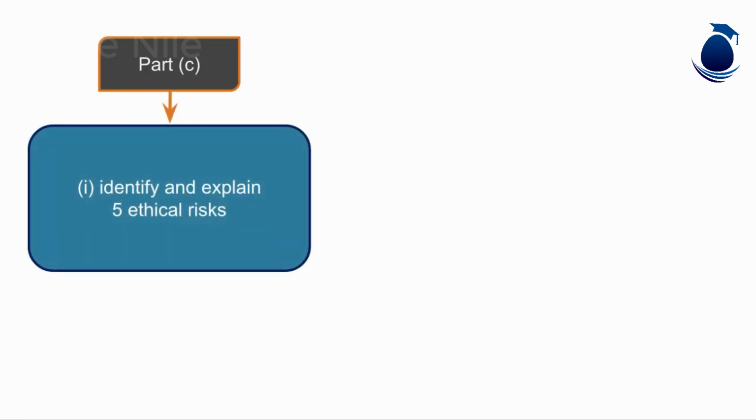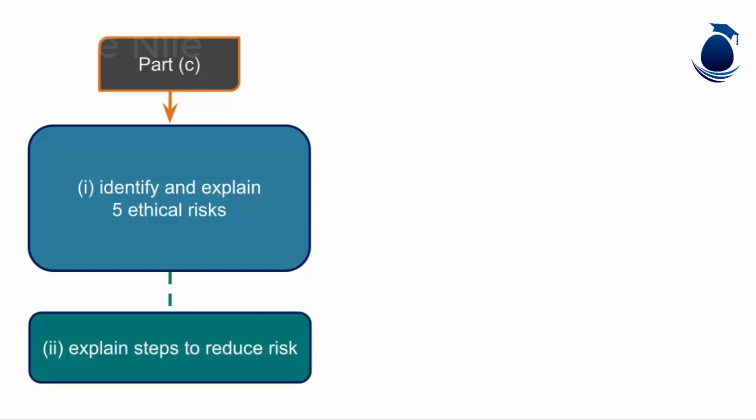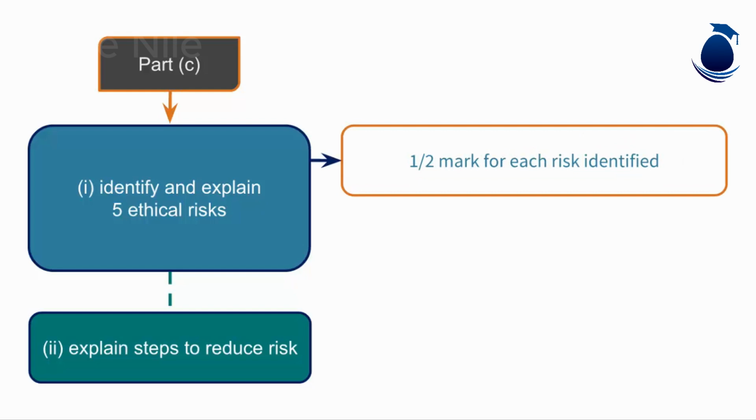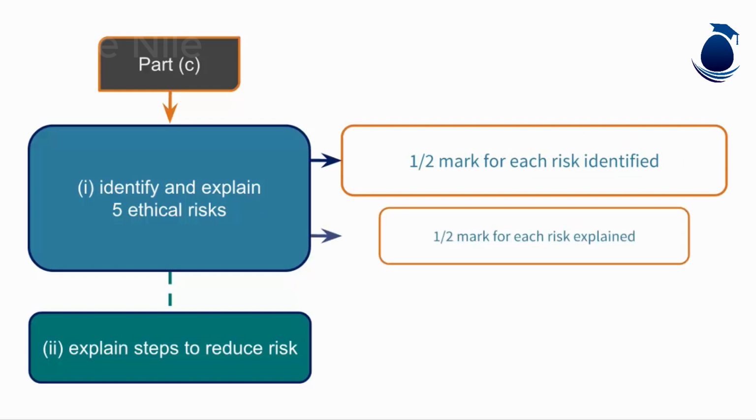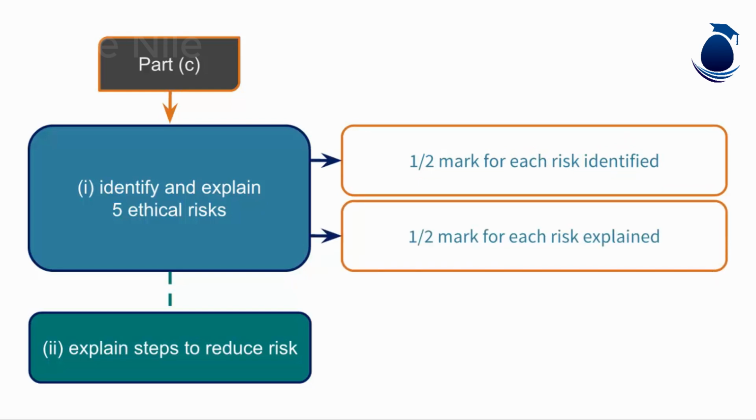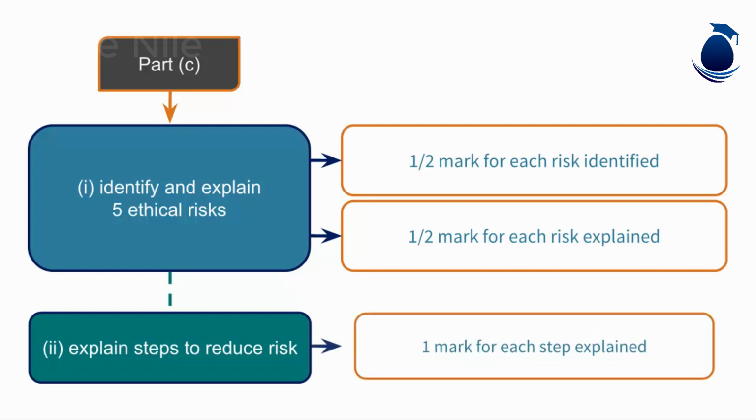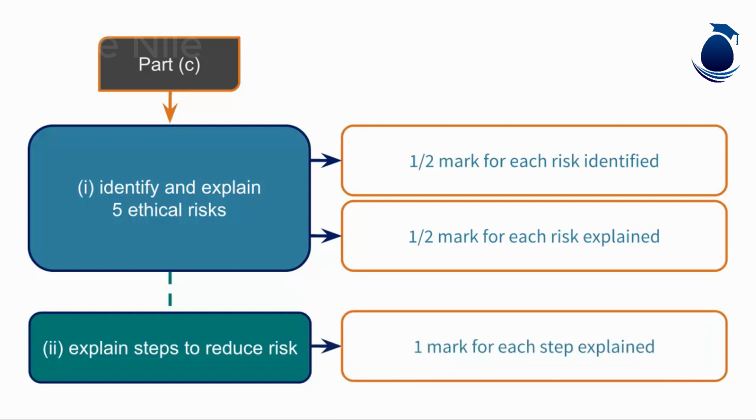Part C is where our skills for applying the scenario to the answer is really needed. It requires us to identify and explain 5 ethical risks, and explain the steps for each risk to reduce it. Half a mark is allocated for each risk identified, and a further half a mark is allocated if you can explain why it is a risk to the audit firm. Then a further 1 mark would be allocated if you can explain what the audit firm should do to reduce